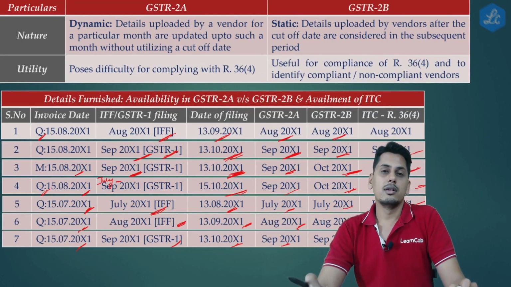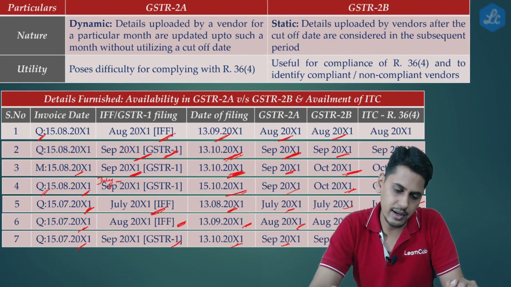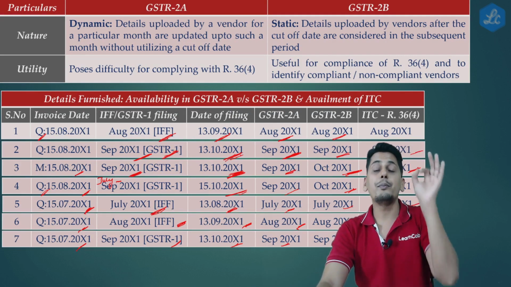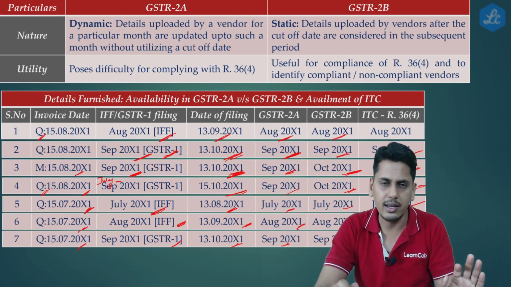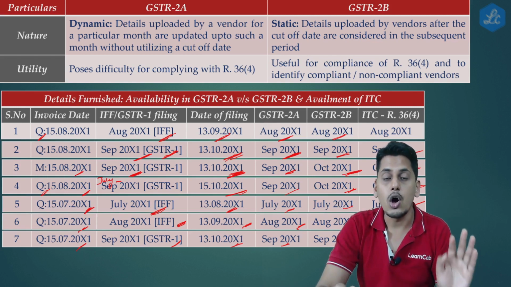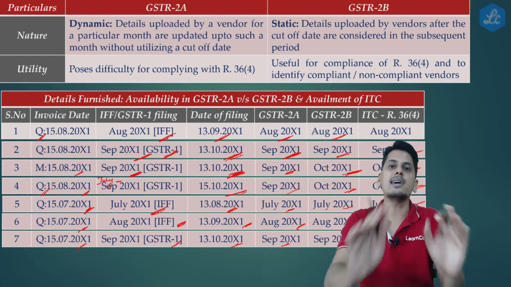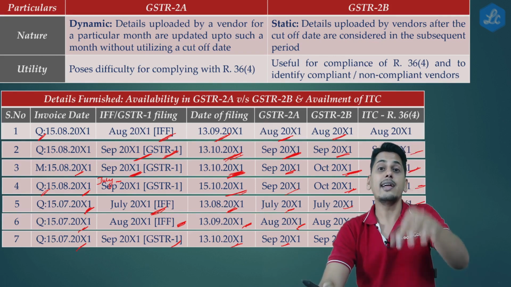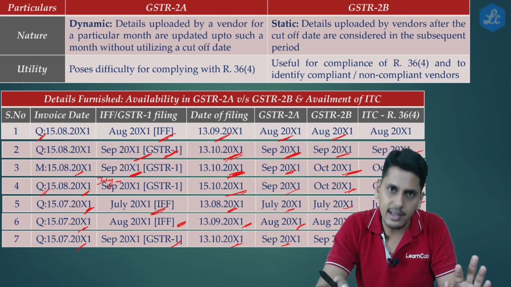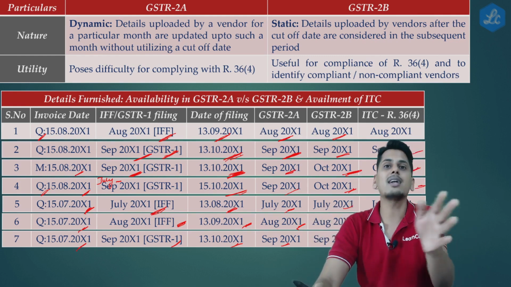So friends, this is the pattern which you need to remember, and if you would have observed by now, you would have got this point. Appearance of a particular invoice in GSTR 2B, either it would be of the same month of GSTR 2A or any succeeding month. It will never be a case that you get the data in 2B first and then you get it in 2A. Either it will come in the 2B of the same month in which 2A it has appeared, or it will come in a later month.